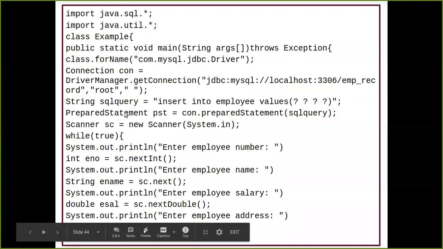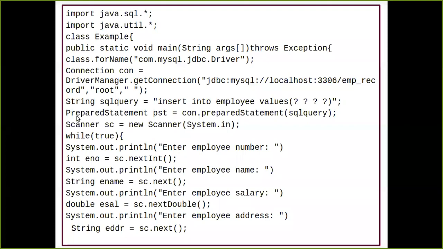Instead of the statement interface, what I have written over here is PreparedStatement. Why have I written PreparedStatement? Because this whole task is going to be supported by your PreparedStatement, not only the statement interface. I have created an object, and I'm again going to use the object of your previous class, that is your Connection class.